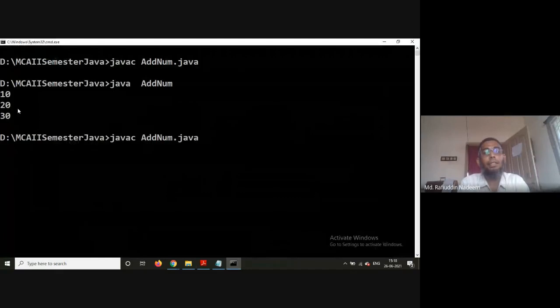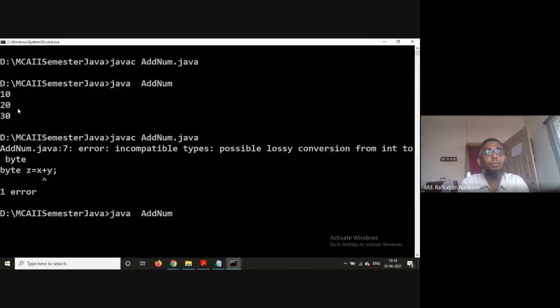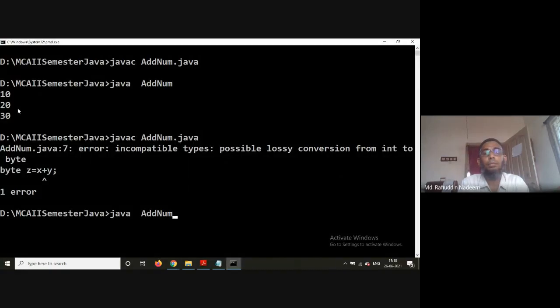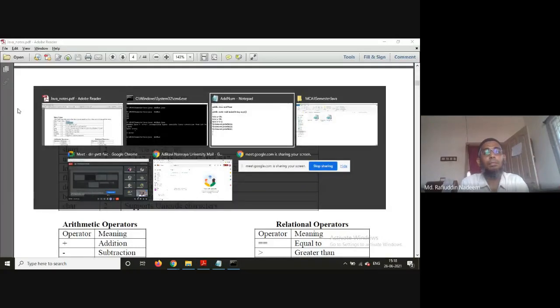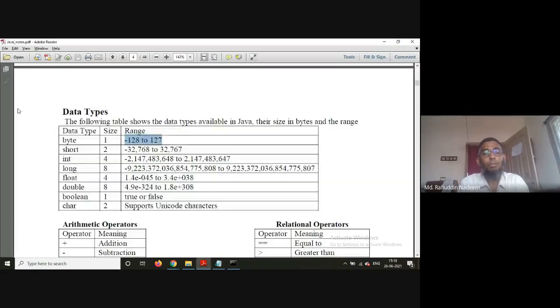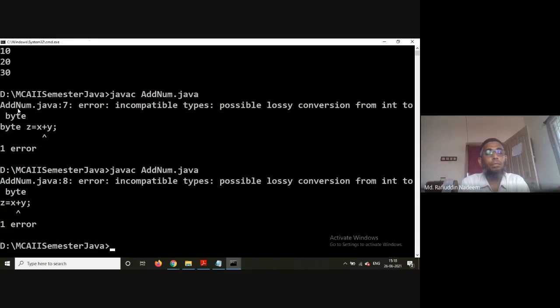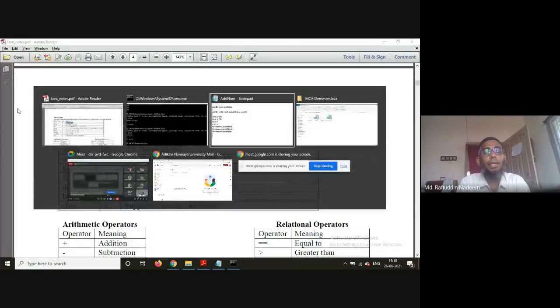Instead of integer, I can say byte. Here the conversion from integer to byte is not done because when you're writing an expression, see here,